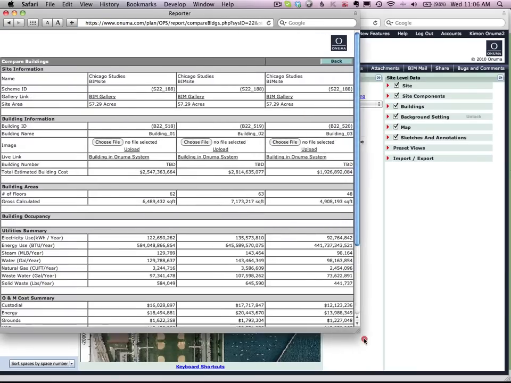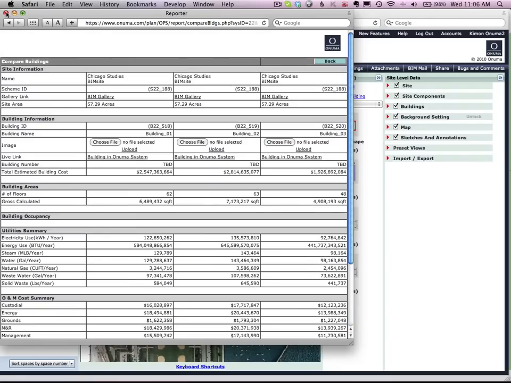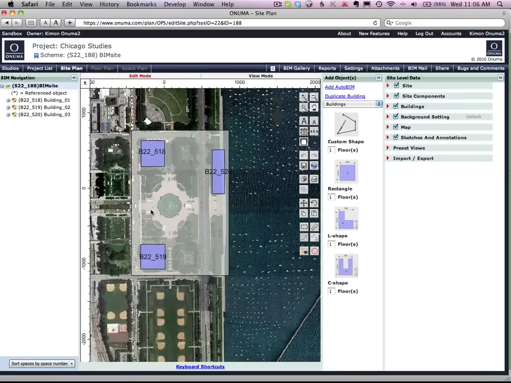of these 3 buildings, it's going to start giving us area calculations and cost. Here's an initial report based on default values. They're very large buildings. And these can be exported out to Revit and other tools for continued study or continue to edit it in the Onuma system. If we look at it in 3D view,